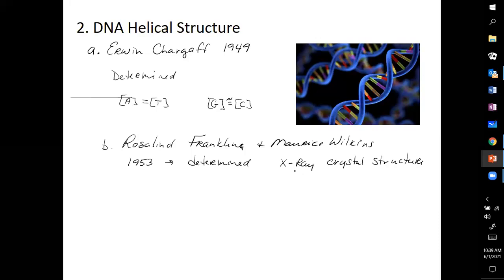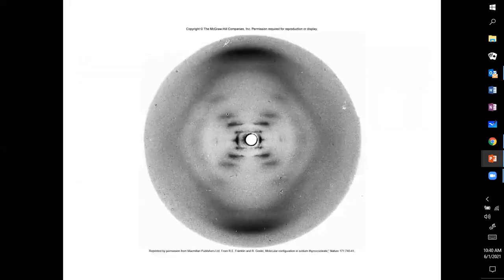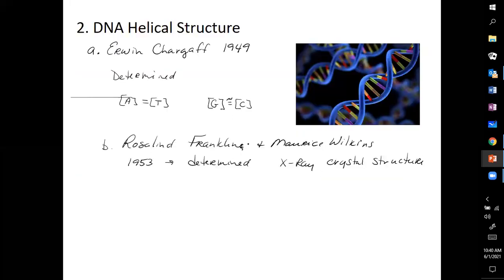Now, I'm not a crystallographer, but basically you have to crystallize the molecule, which means lock it into place, and then bombard it with X-rays and look at the scatter pattern of the X-rays on a film. This means nothing to me, but to an X-ray crystallographer, it showed a repeating pattern, which is indicative of a helical structure. So Rosalind Franklin and Morris Wilkins determined that DNA was helical